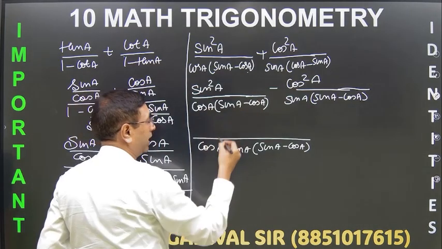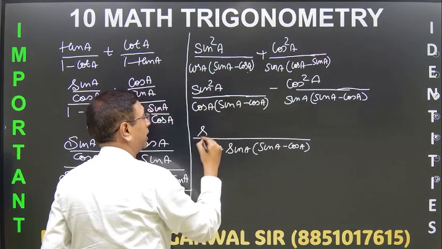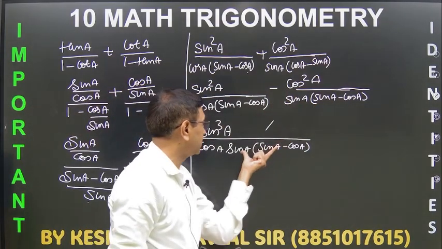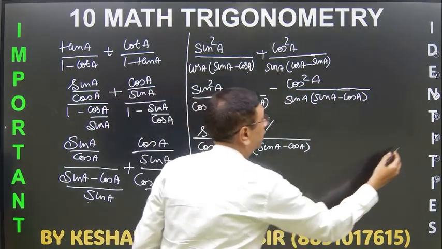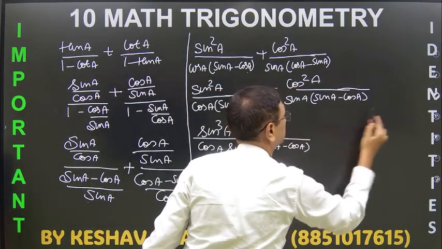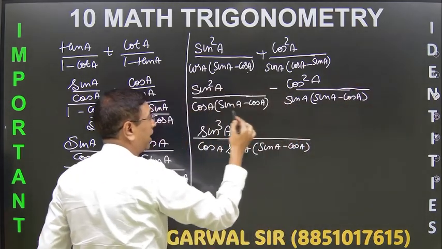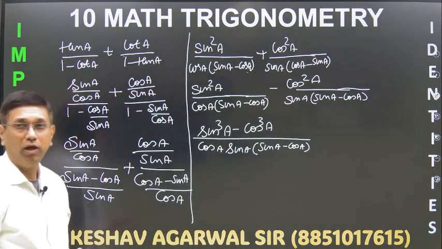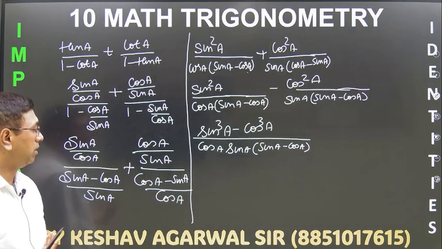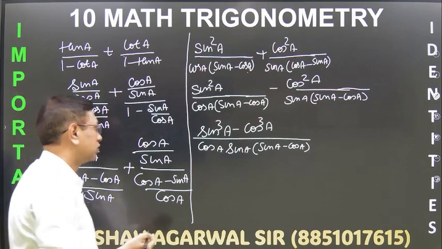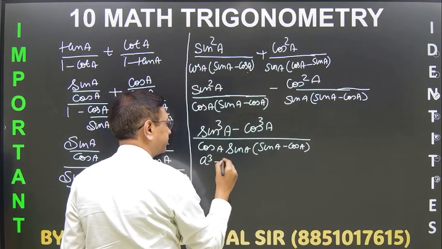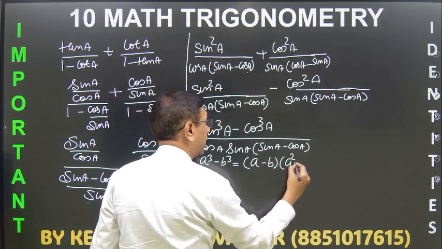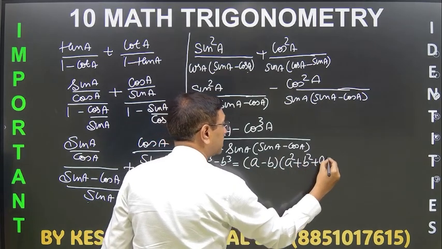अब हम इसको डिवाइड करते हैं, तो क्या बचा? sin A मल्टीप्लाई होगा. So you will get sin cube A. And when you divide this, you will get cos. So minus cos cube A. And we just did the formula for A cube plus B cube. Here, I think A cube minus B cube भी था. So again, A cube minus B cube. क्या होता है A cube minus B cube? A minus B into A squared plus B squared plus AB.